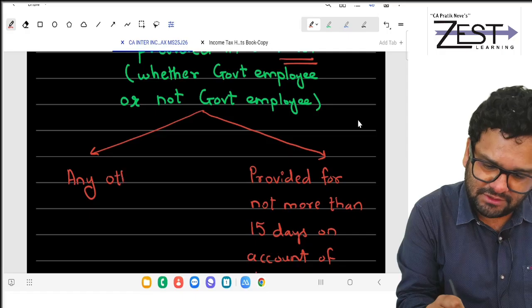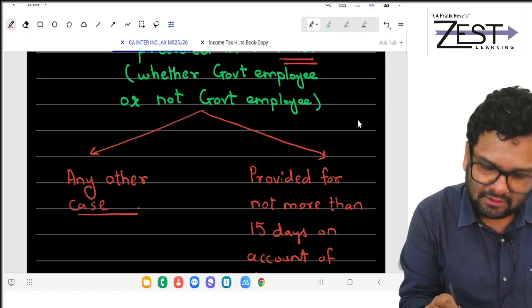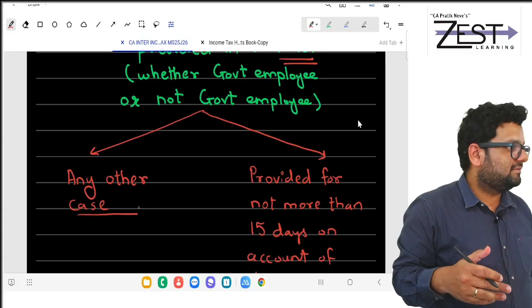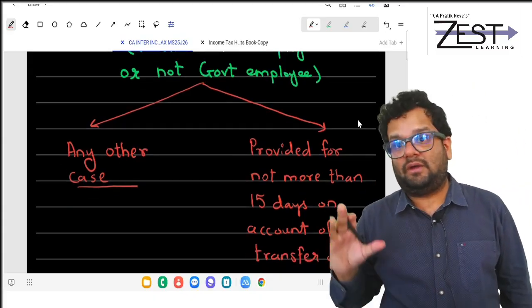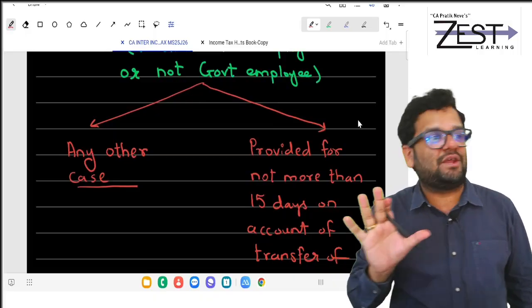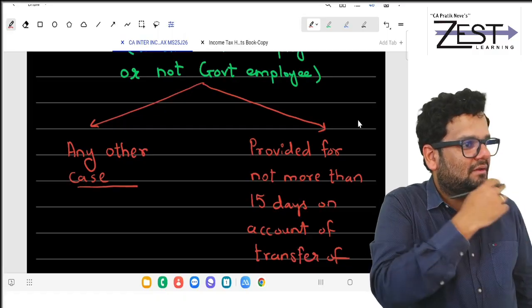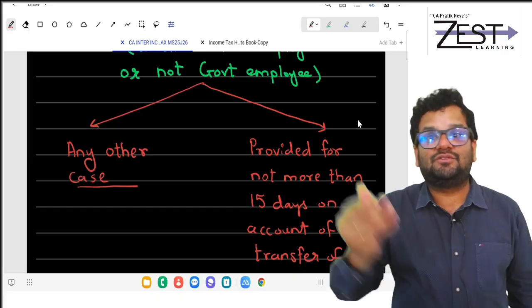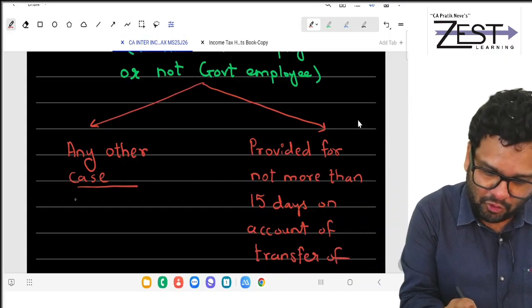If accommodation is given for more than 15 days, then the value, in a house it is 10%. Here it should be more than 10, because if you are staying in a hotel, it is fully serviced, furnished. So it is 24%